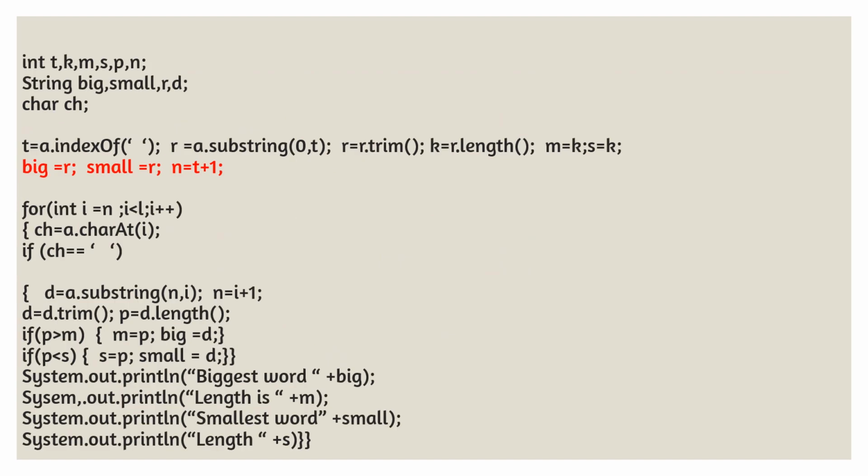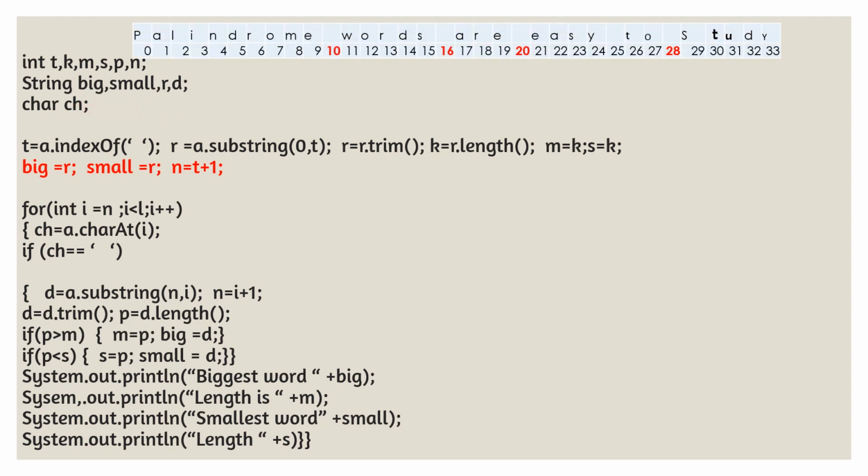First, the variables which we are going to use in the program are declared here. Now we can just look and separate the words and say this one is the longest and this one is the smallest. But the computer has to be given some kind of comparison or logic to separate the longest and smallest word. So we will remove the first word, find the length of the first word, and then compare it with the other words to find the longest and smallest word.